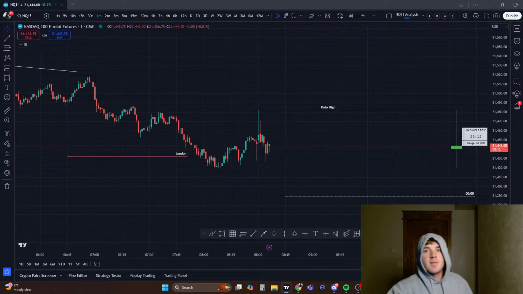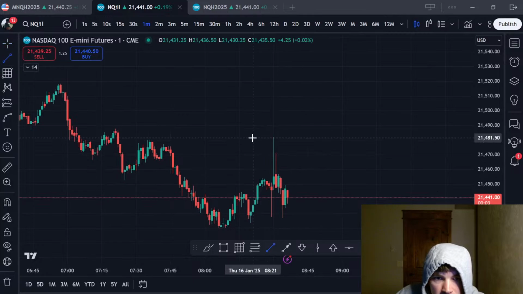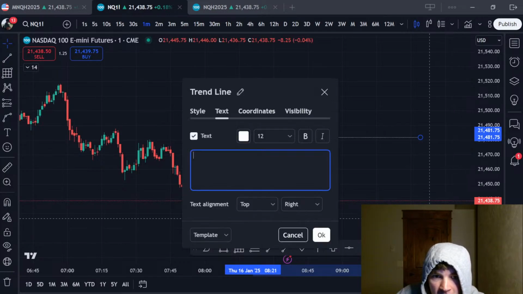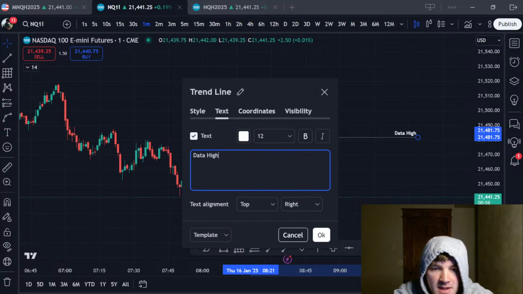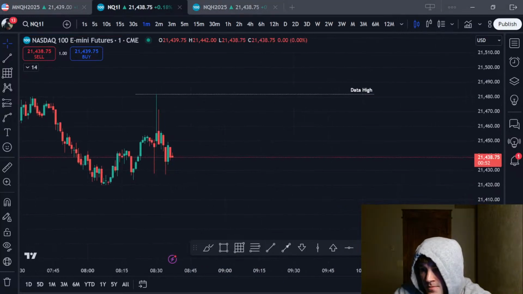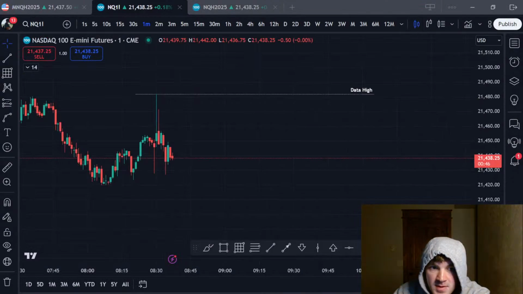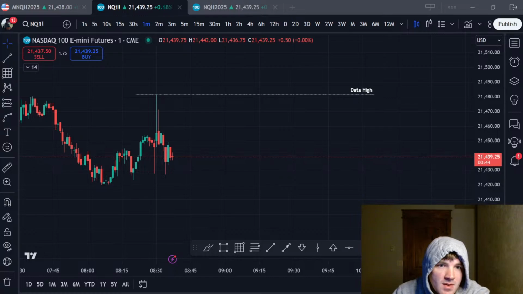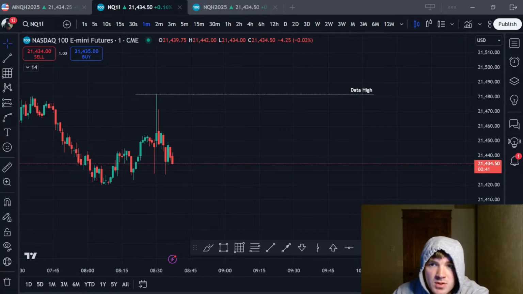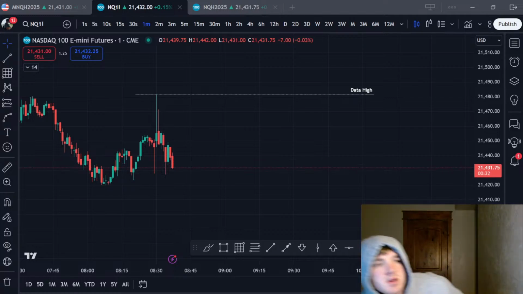But yeah, let's go back to my main screen. So, in case we get anything, we left this data high. Honestly, I will be looking for one setup for life back to this high if we get it. So, I will be prepared. I know it's still early in the morning, but you can get some pretty good setups towards data highs. My bias is neutral, so I'm open to longs or shorts right now. But I'm going to be really thoughtful. If it's not good, I'm not going to take it.